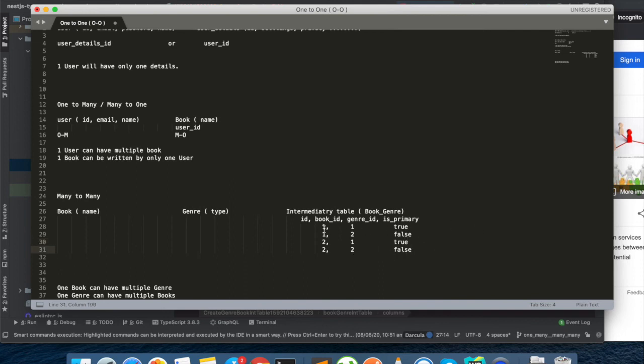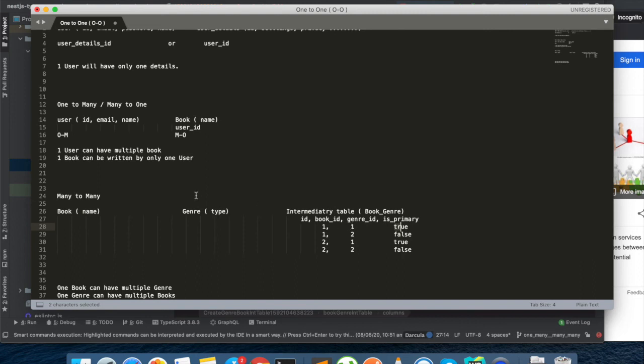So basically, now you have this book and genre, and obviously one book has multiple genres and one genre belongs to multiple books, but some of them are primary and some of them are not, right? So now let's say you need to find a book where genre 1 is primary.